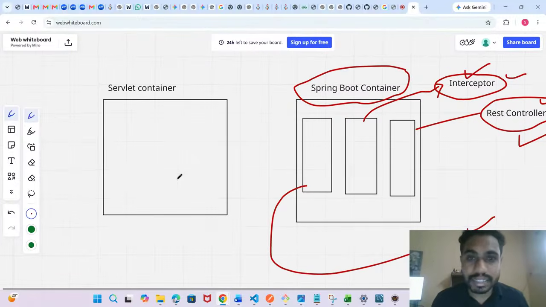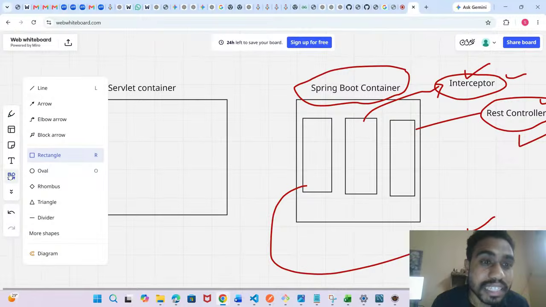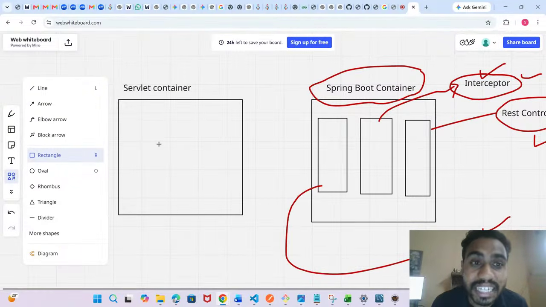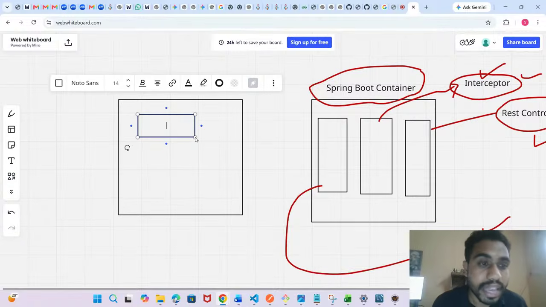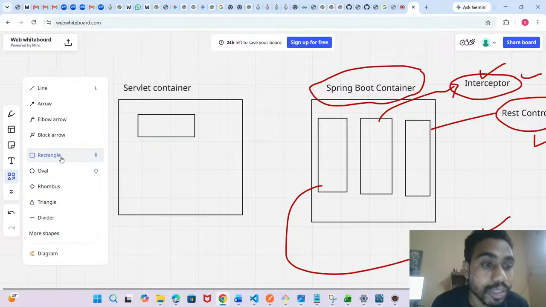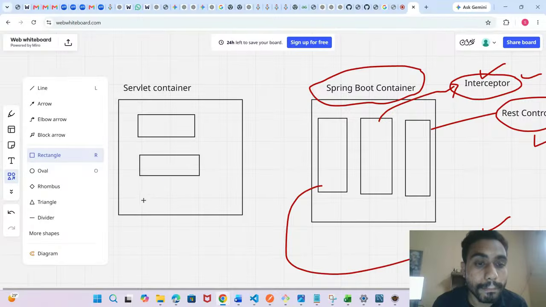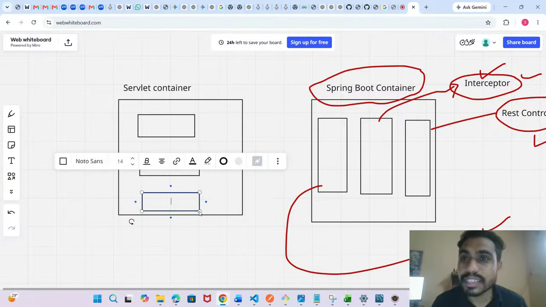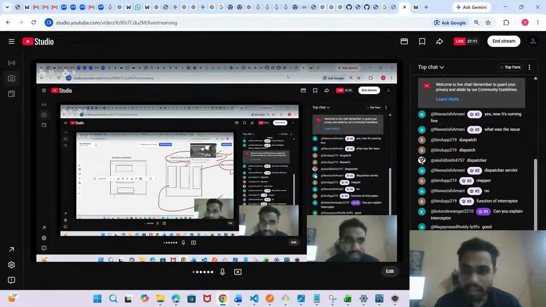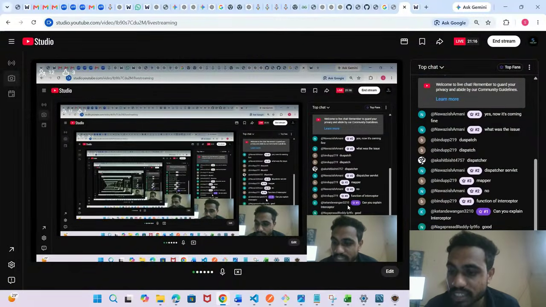Now this is the servlet container, guys. Can you tell me what will be there in the servlet container? Any idea? What does a servlet container hold? Guys, if you know the answer, please ping in the chat box. I'm happy to see all your responses. No, Nawaj, HTTP request, no. Init method, no, Bindu.